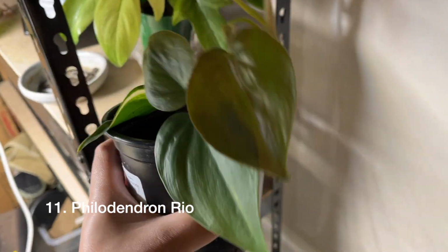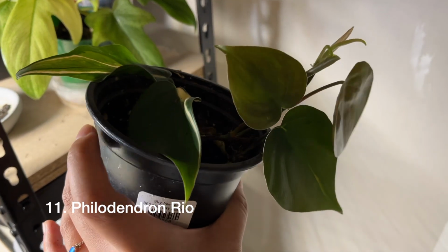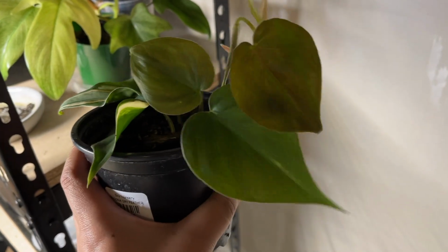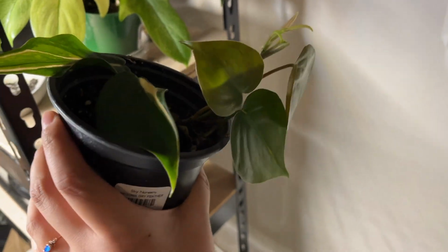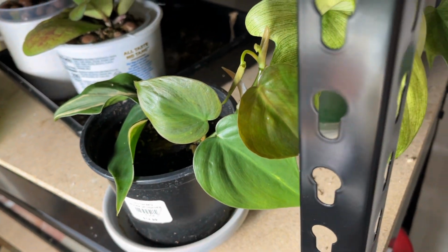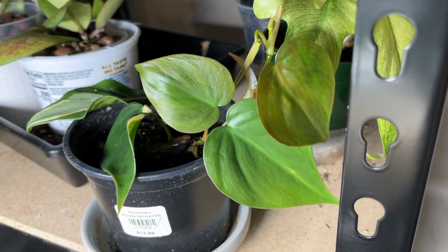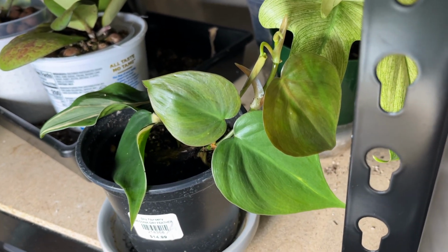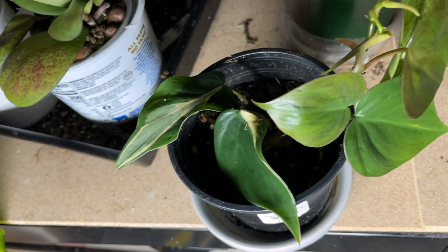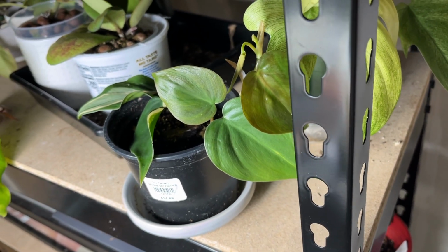This is my Philodendron Rio that I got about a couple months ago, and these were the two original leaves, and it's growing, getting some pink. I don't know where the variegation went, so hopefully it comes back, but really enjoying it so far. The Philodendron Brazil is one of my favorite plants ever. I just killed my other one, and this is the Rio, and I love the pink streak in the middle there. I hope the variegation returns because